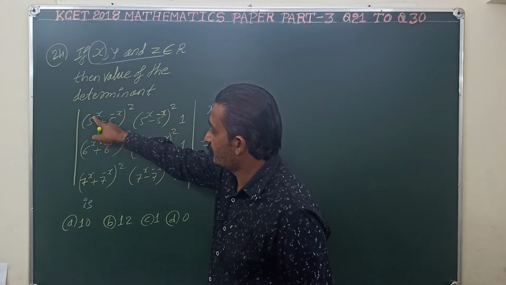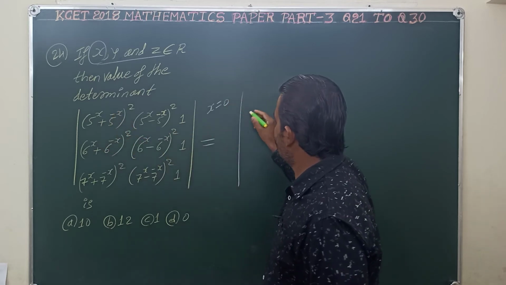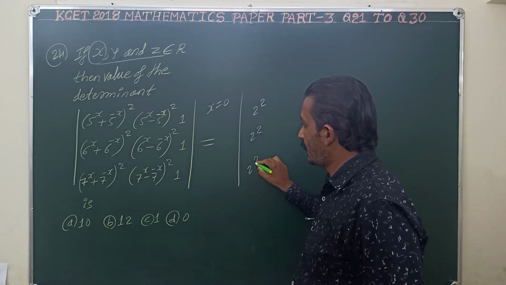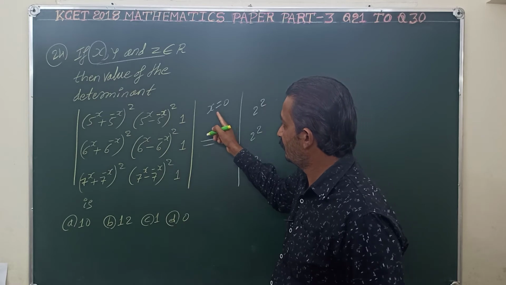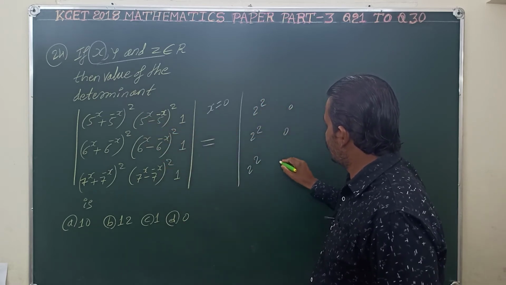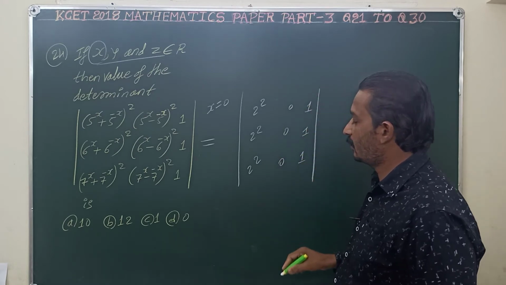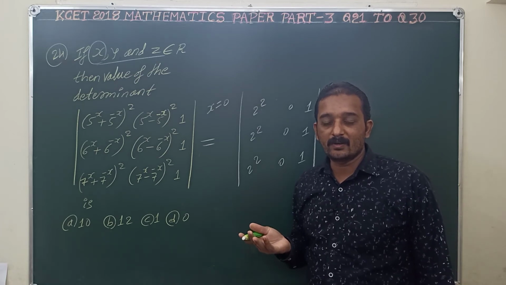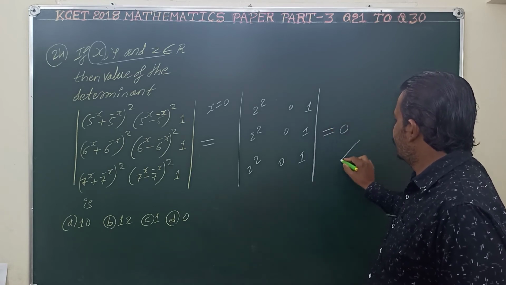So 5 to the power of 0 is 1, again 5 to the power of minus 0 is also 1, plus 1, 2 square, same, a 2 square. Next, 1 minus 1 is 0, 1 minus 1 is 0, 1 minus 1 is 0, when x is equal to 0 is given. So 0 0 0, last column as it is. If any row or column in the determinant is equal to 0, then the determinant value vanishes. So nothing but this is 0. Value of this determinant is 0.